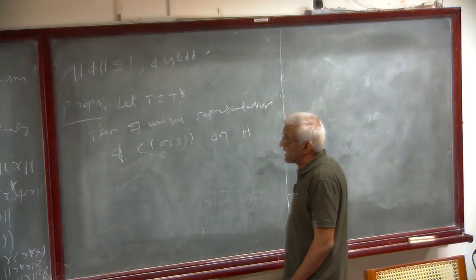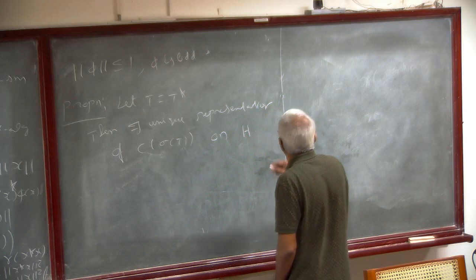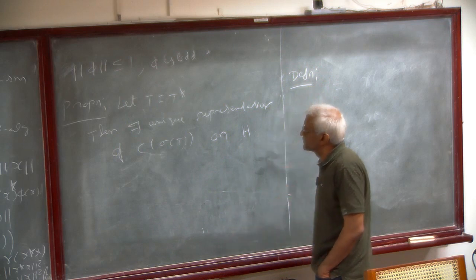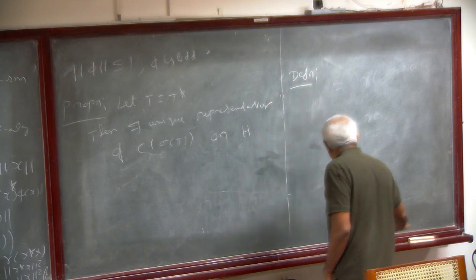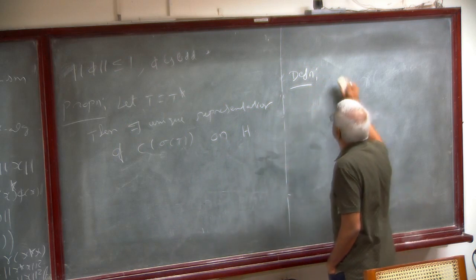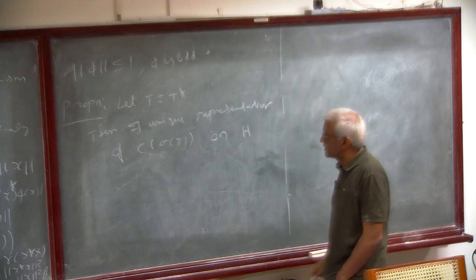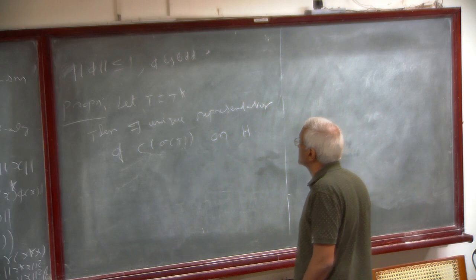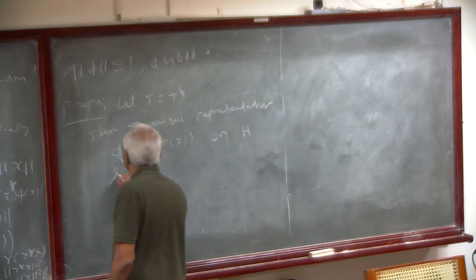Okay. I forgot to say something. I will say it. Sorry. What do I mean by uniqueness? No, this is okay. Here we don't need it. I will define it later, in the next one. So here the representation is unique. There is a unique representation of C of sigma of T on H satisfying